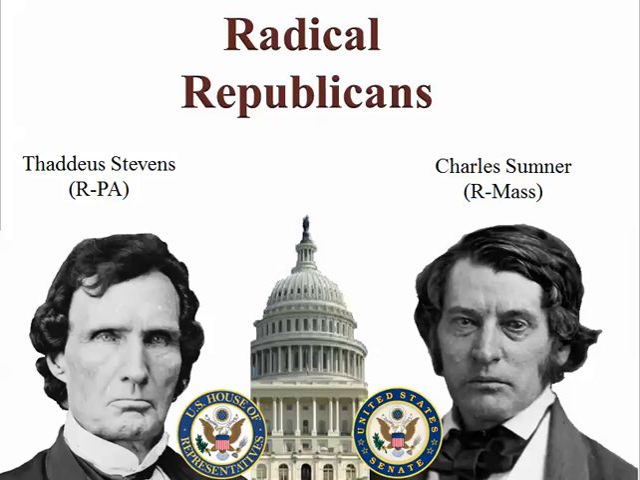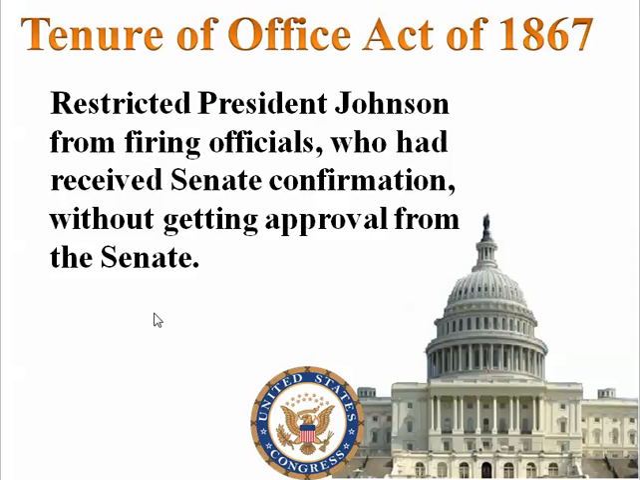So we talked about how these guys passed this Tenure of Office Act, which basically restricted President Johnson from firing officials without getting Senate approval. The one he's going to fire was nominated by Abraham Lincoln, and the Senate confirmed Lincoln's appointment, and then he was put in office. Being confirmed by the Senate is a checks and balances that we talked about in the beginning of the class